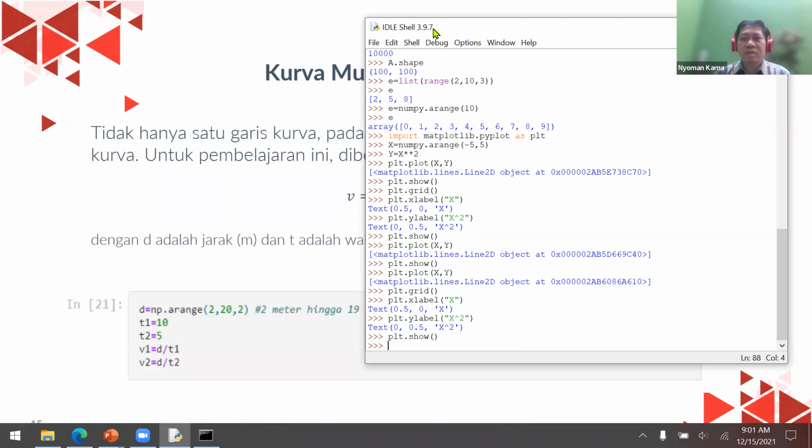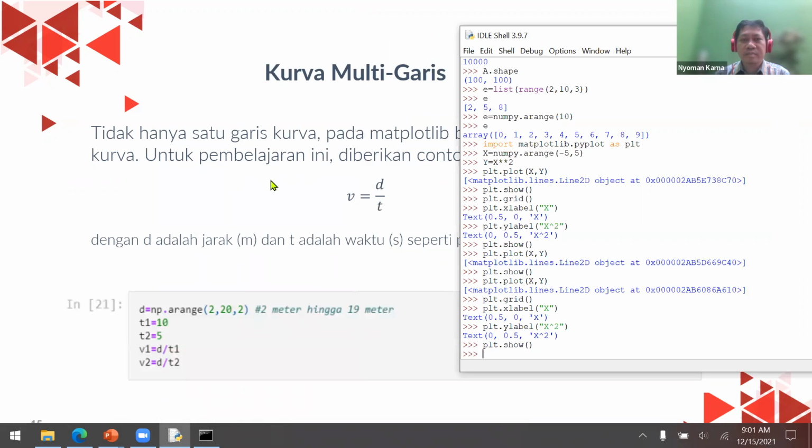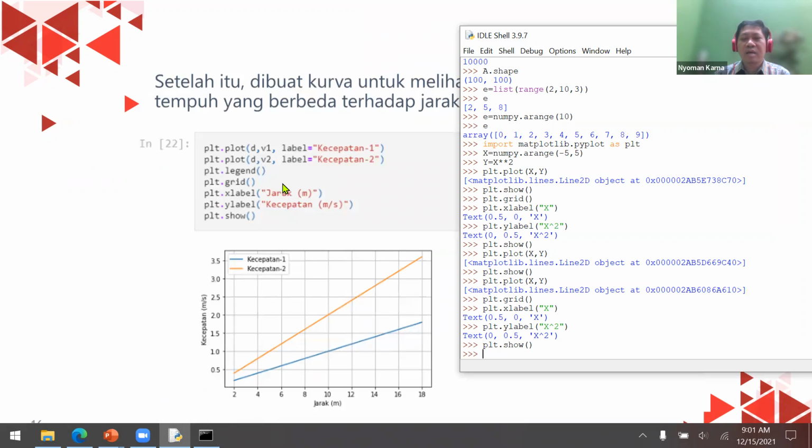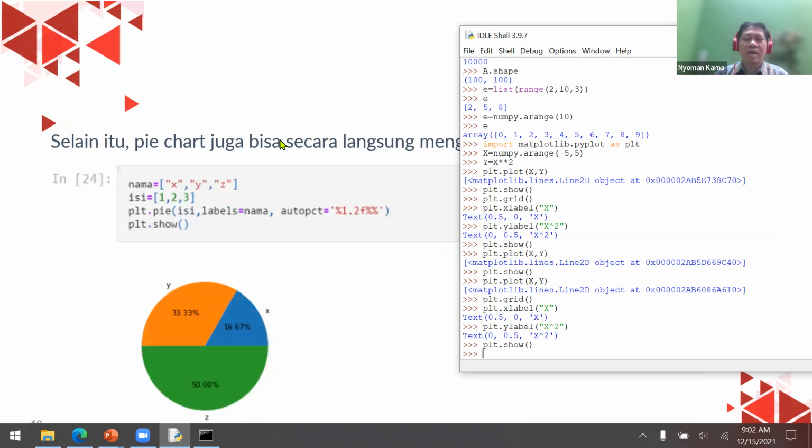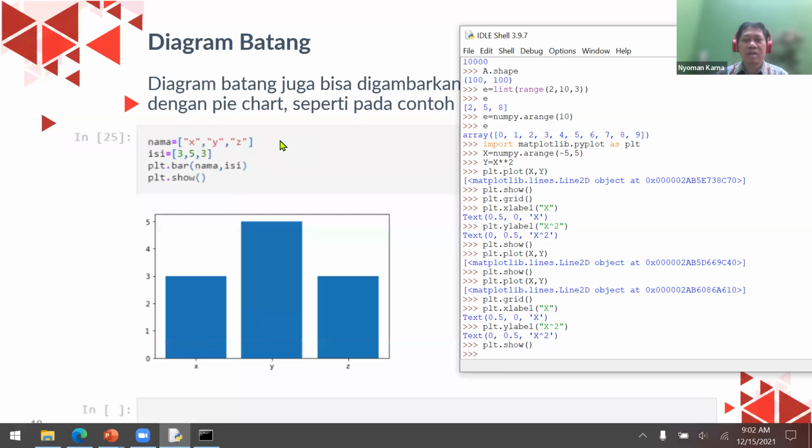You can also use matplotlib to create two graphics, for example, like this, and then put the label for each graphic for the legend. And then you can also use a pie chart to show the composition. And then we can also use the bar chart to show a trend line. And also we can use the scatter.